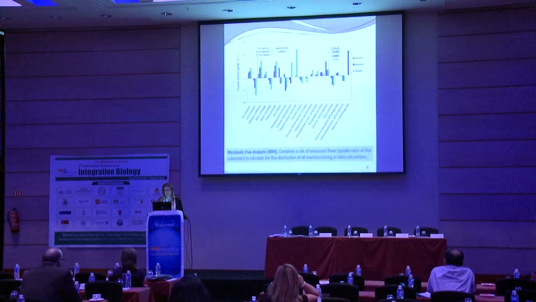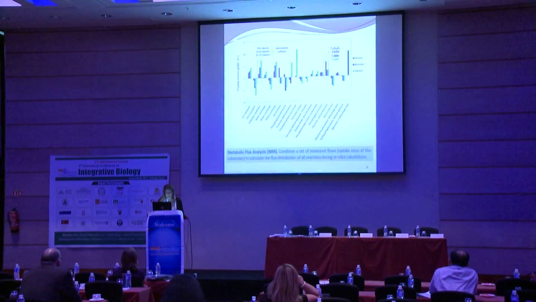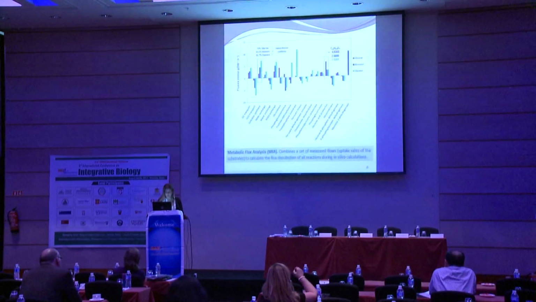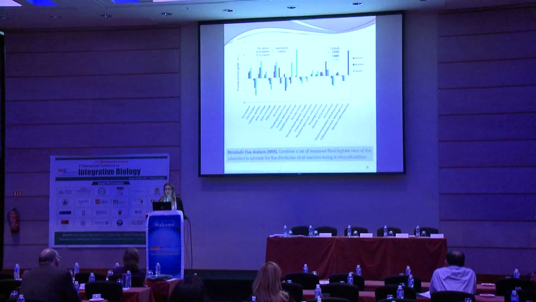Actually, when glucose entered the system, the flux of gluconic acid was twice as high as with mannitol and glycerol. So MFA could confirm that the bacteria directly oxidize glucose in the form of gluconic acid, and it accumulates in the system, and it actually decreases the pH of the medium.